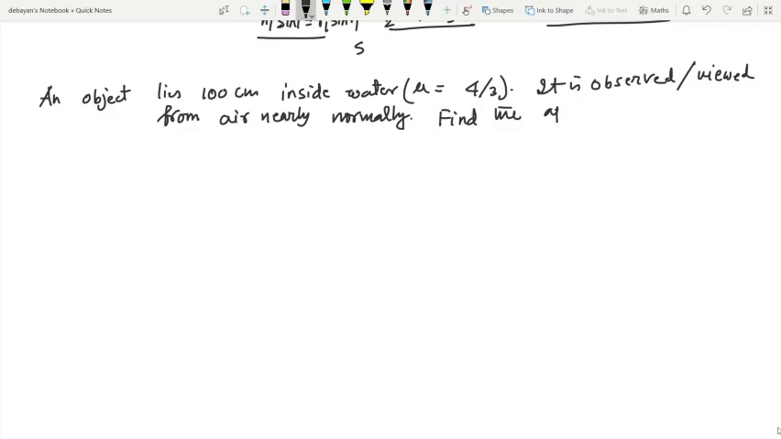Find what should be the apparent depth of the object. So the object that lies 100 centimeter inside water, it is viewed from air nearly normally. So you have to find the apparent depth of the object. Sir, 75 centimeter. Yes, that should be 75 centimeter, because there is a short formula that you can use,